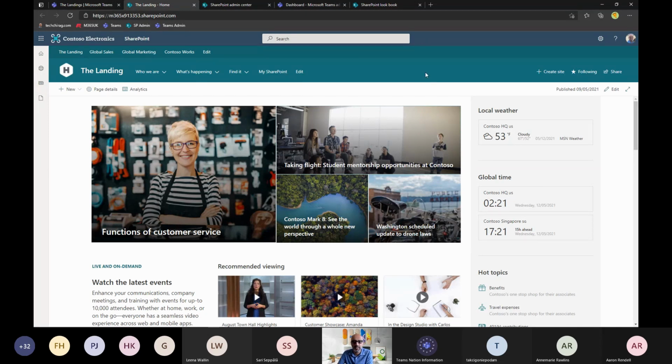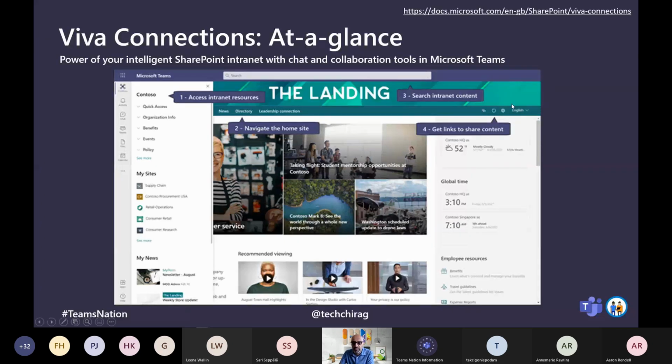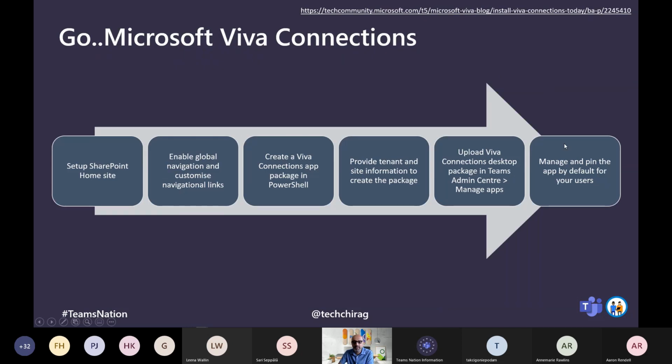But once you've got your site created, then you can start doing things. And so if I go back to the slides very quickly to step into some of the key areas, this is really, if you like, a 6-step process to get that up and running. So first of all, you pick your SharePoint site that's most probably your main intranet site itself, which has got all your navigation links and everything else. So you would basically go and set that up, and all you need is your SharePoint administrator who's got the permissions, being able to use the SharePoint Online Management PowerShell module, which again the links are provided in this slide, and be able to run the command